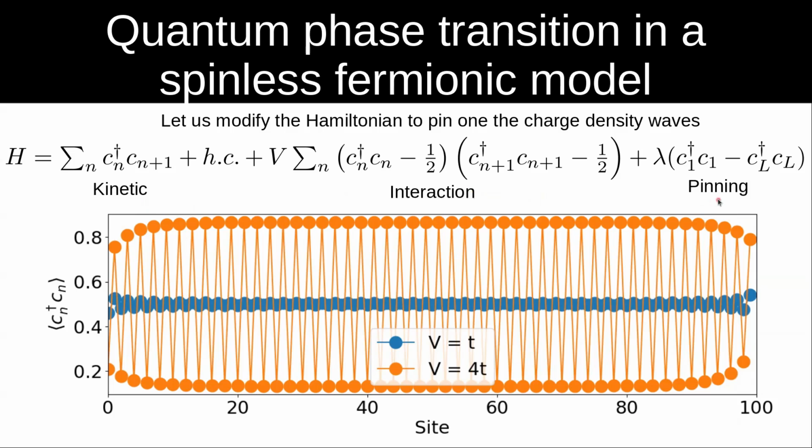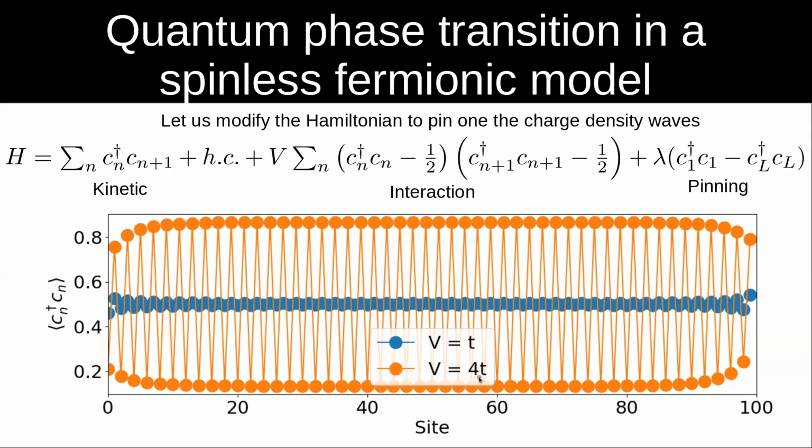And you can think that this pinning term is going to promote that there are a little bit fewer electrons in the first site and a little bit more electrons in the last site. So in a way, it kind of helps having a charge density wave in the system if the system wanted to have a charge density wave. And what you can actually do is look at the ground state of this Hamiltonian in two different limits of the interaction. So perhaps the easiest limit to look at first is the limit of strong interaction,